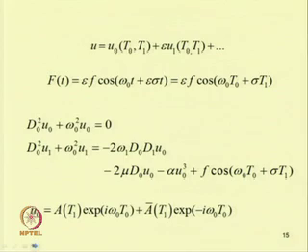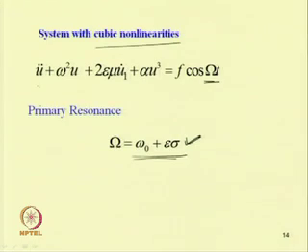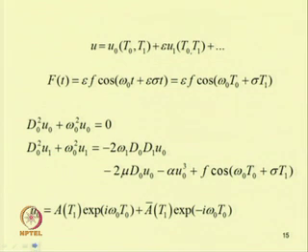If our equation is reduced to this form, then we substitute u equal to u 0 plus epsilon u 1. We will get this forcing term, which by using the detuning parameter we can write in this way, and then by using the method of multiple scales and separating the order of epsilon terms,